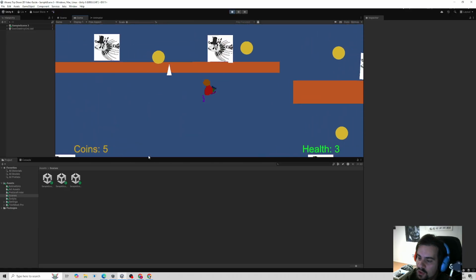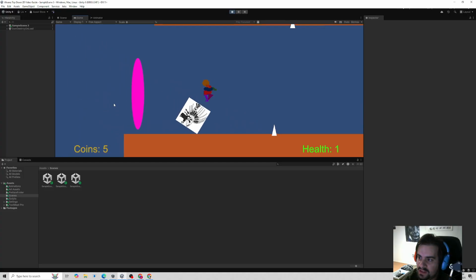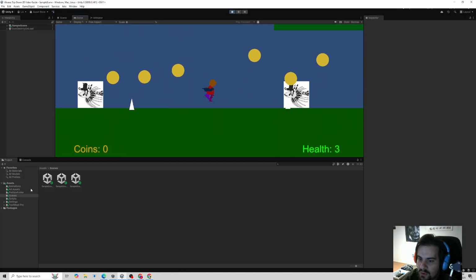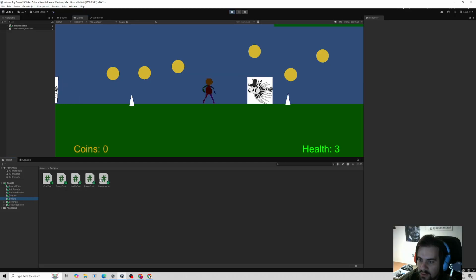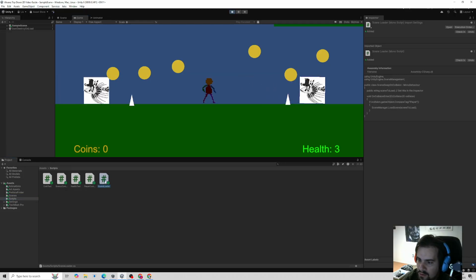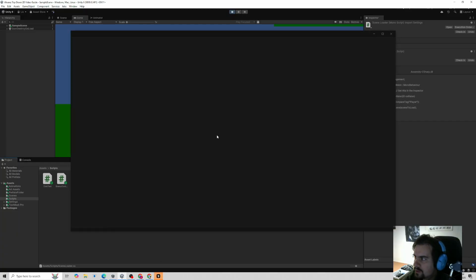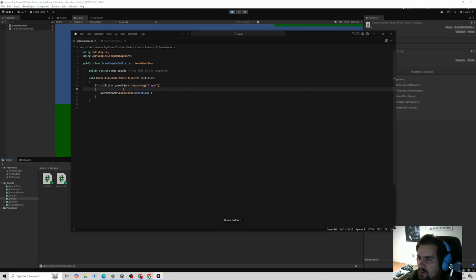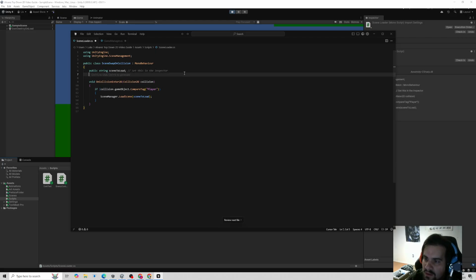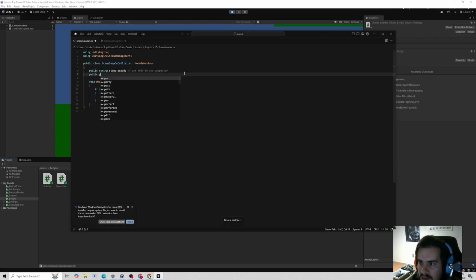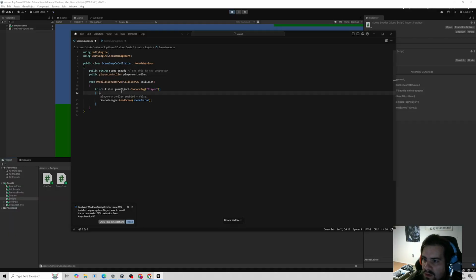Unless you want to make it, you could add one if statement to each of your things that say, you know, you can add in your code, you could say scene loader. You could say like if player.coins, you know, you need a reference to your player. So public player controller, and then inside of this if statement, or actually in this condition, you could say if the game object is player,